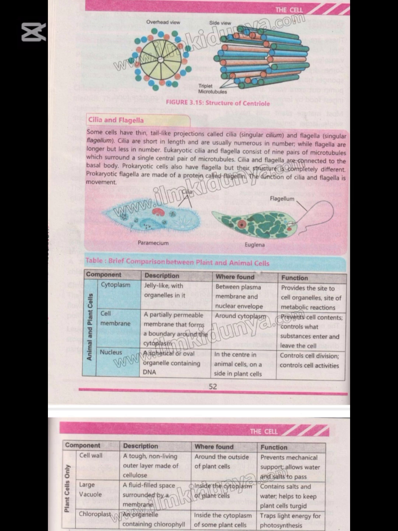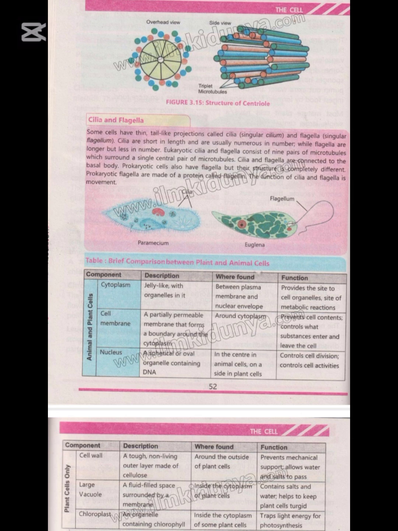After that, we have prokaryotic cells. Their cilia and flagella structures are different as compared to eukaryotic cilia and flagella, and prokaryotic flagella are made up of flagellin protein. You have to keep this in your mind. The main basic function of cilia and flagella in these organisms is movement. The main purpose of cilia and flagella is movement.